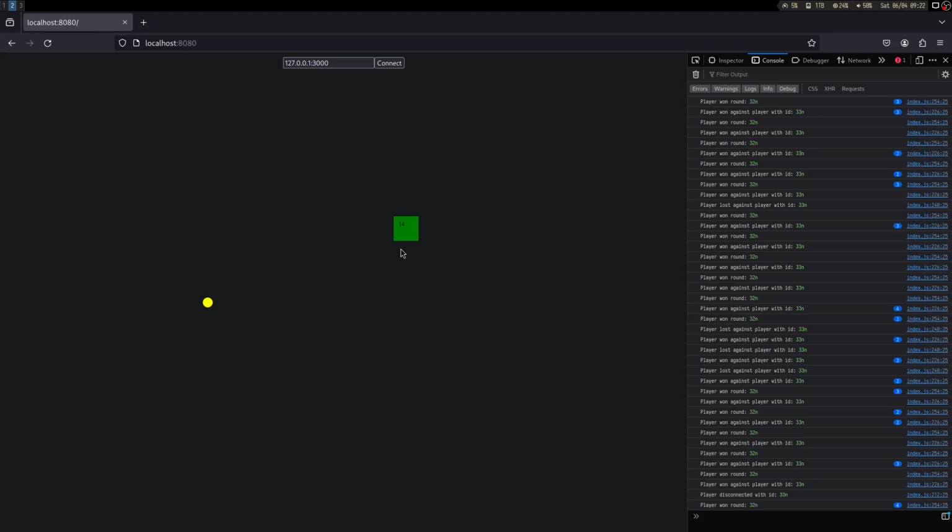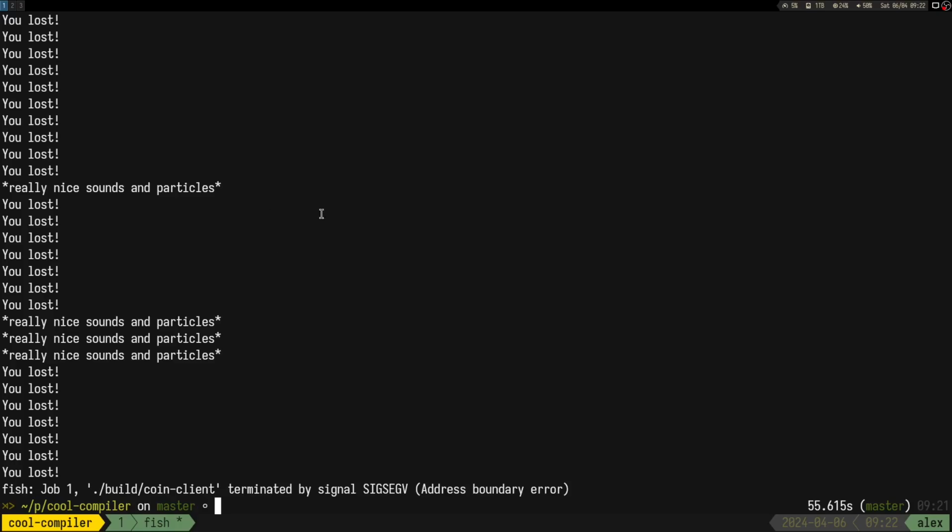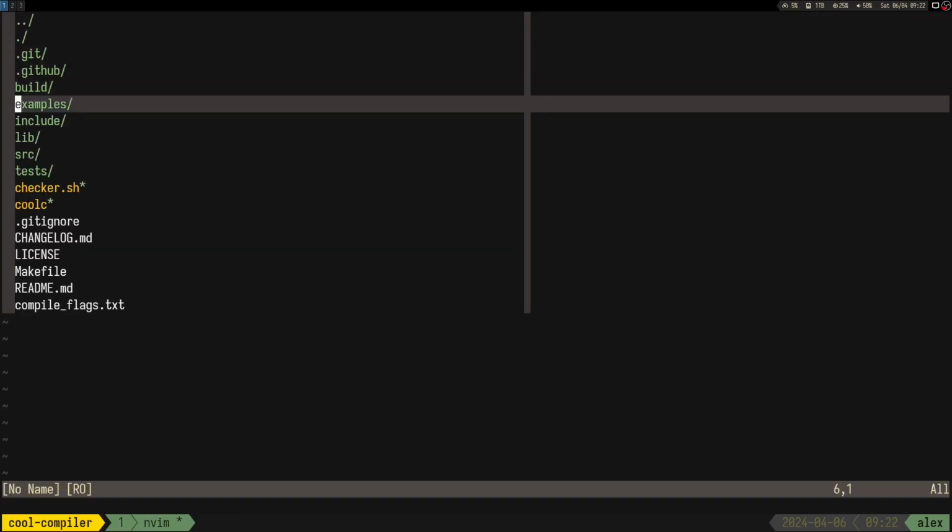But I guess that's it for today. I just wanted to show you how to make this hacked client, and I guess that's all for the cool projects. Probably I'll try to do the next thing, but it was pretty interesting to do a programming language from scratch and then be able to do a game in it, like all the examples that we have here,